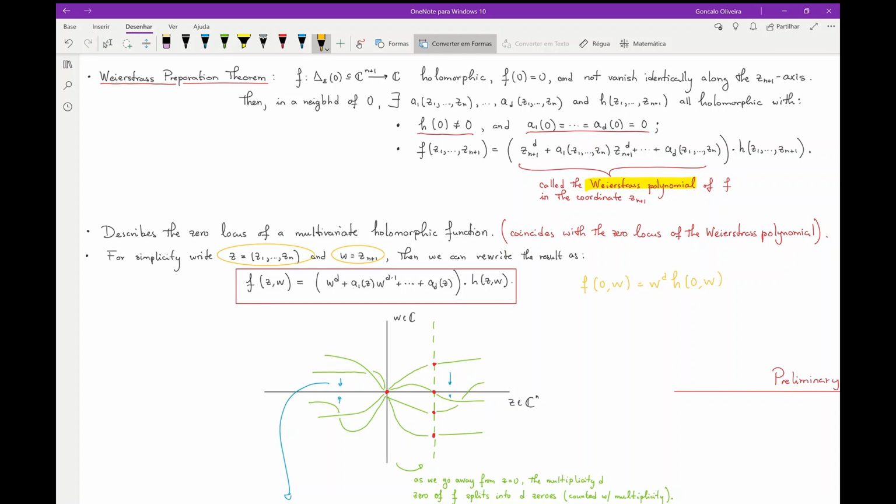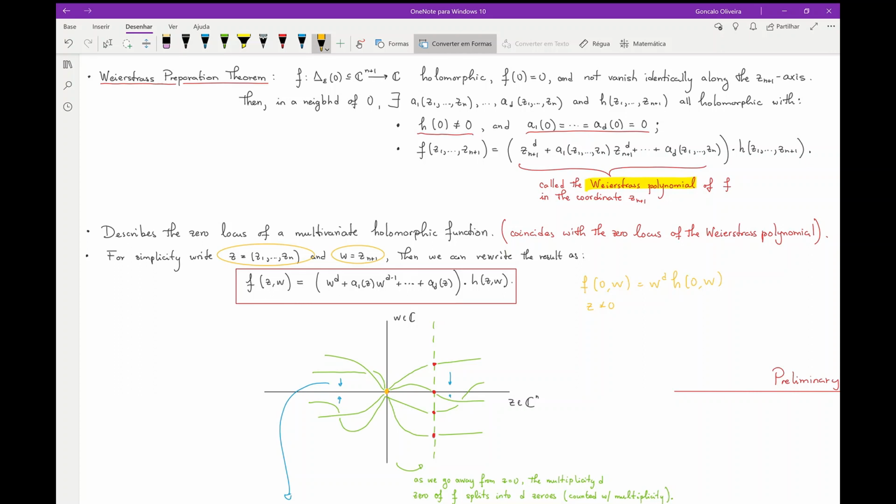Okay, so it's a degree d zero, a zero with multiplicity d, which I've drawn here in red, and I'm going to now do in orange above. Okay, so that's this degree d zero. And what the rest is saying is that as you deform to some constant z, different from 0, but suppose it's constant, then you are in this vertical dashed green line, then these d zeros, they may split into some other zeros. But overall, the number of zeros counted with multiplicity should remain to be d,